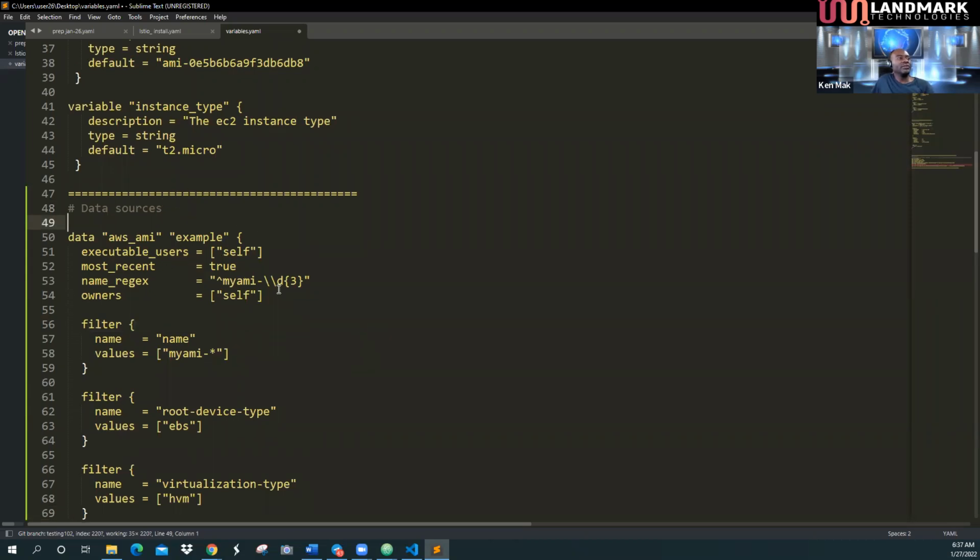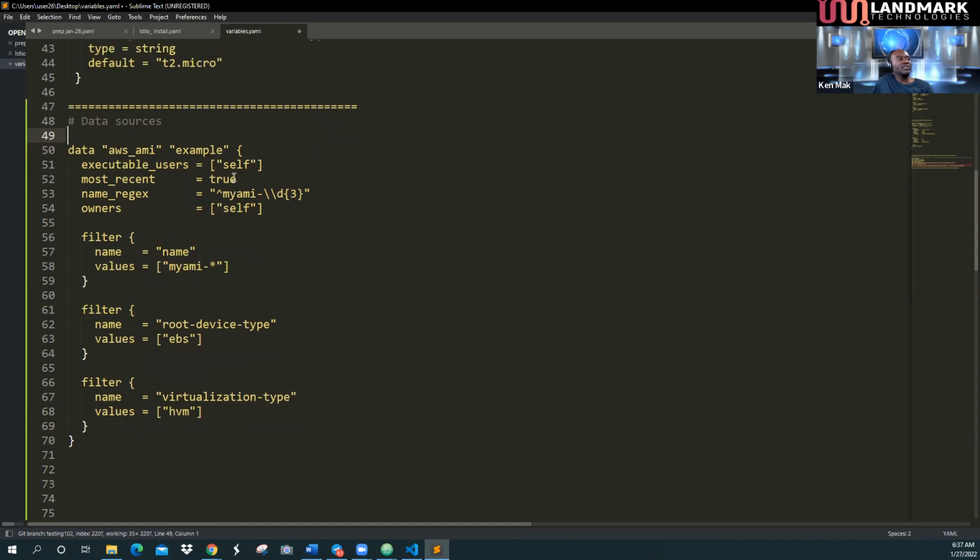So with this, you see that this is how you can get the AMI as a data source, right? It has what we call owners, and I'll show you how to get all this. Most recent is true. So this statement, most recent is true,